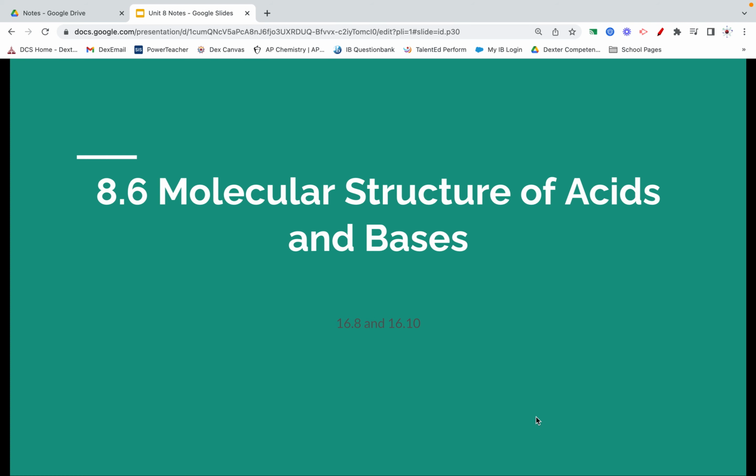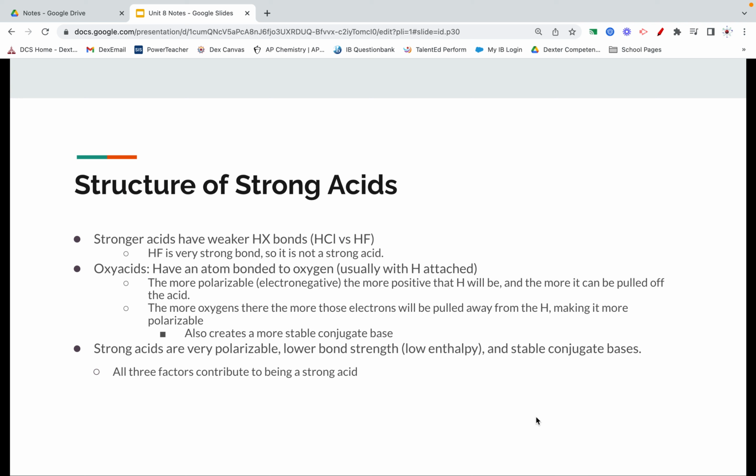(8.6) Molecular structure of acids and bases. So it's mostly focused on the structure of acids. Stronger acids are going to have the weaker HX bond. It's actually why hydrochloric is a stronger acid than hydrofluoric. Hydrofluoric has a really strong bond with hydrogen, so it's not going to be as strong of an acid because that hydrogen is not going to be pulled